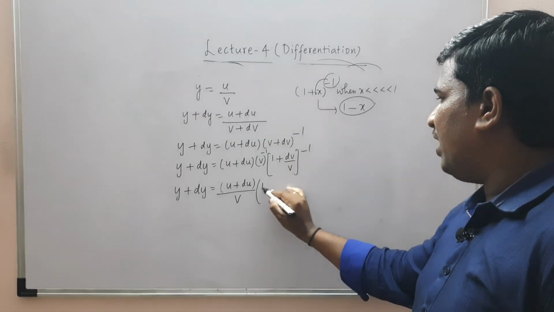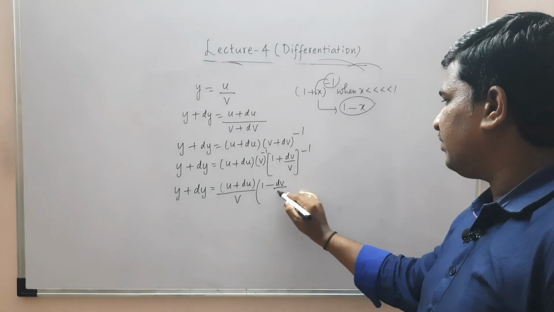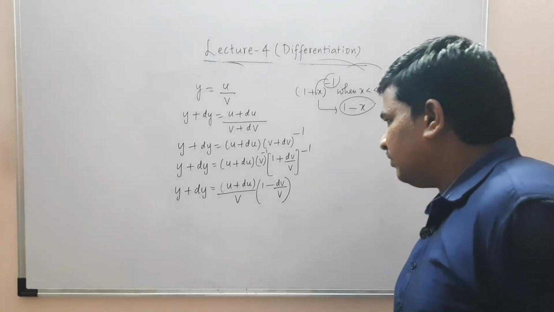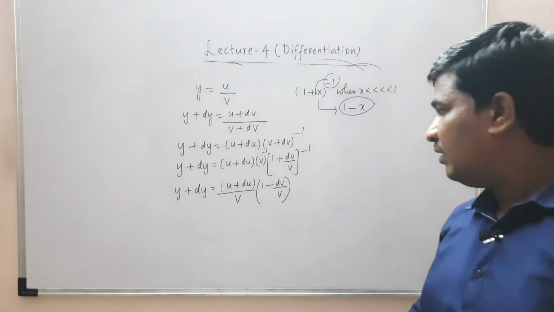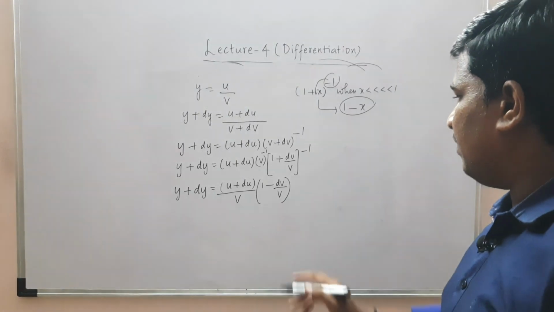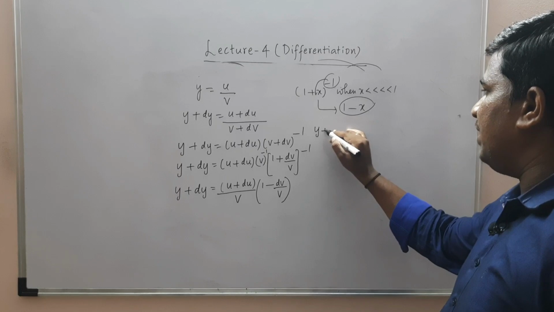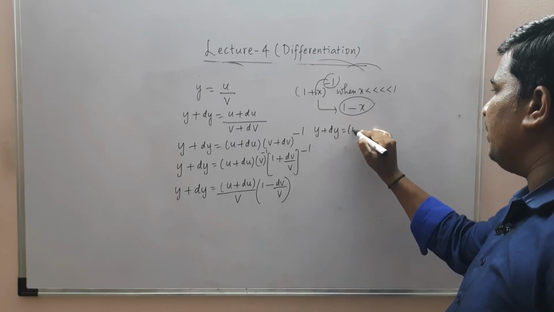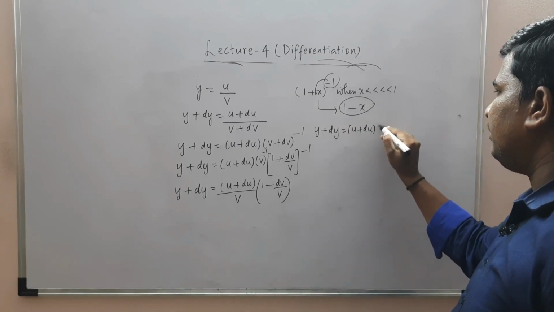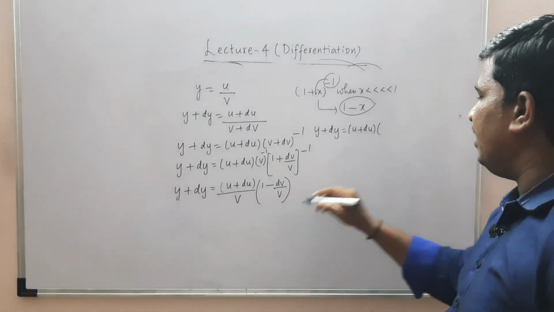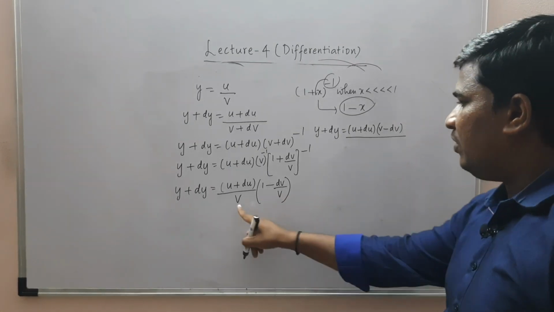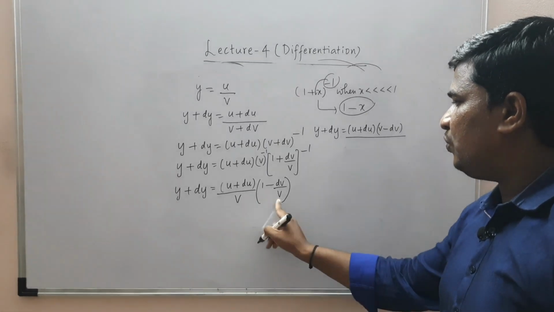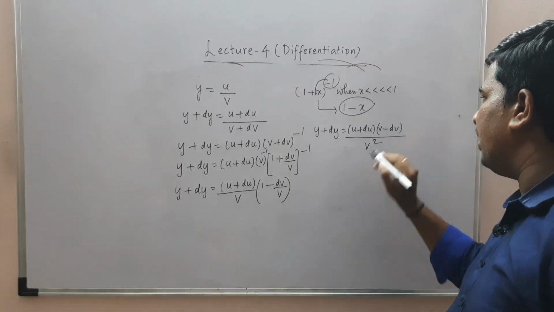So I write 1 minus dv by v, clear? So I get y plus dy equal to u plus du into, I write LCM v, into 1 v minus dv, by v into v. These two v's will be multiplied, so you'll get v square,